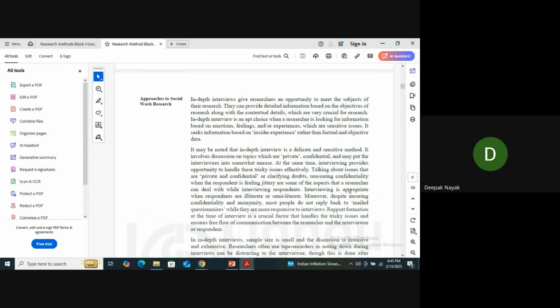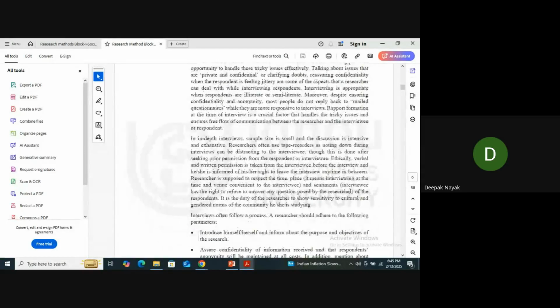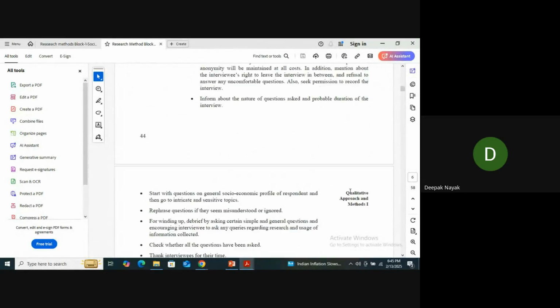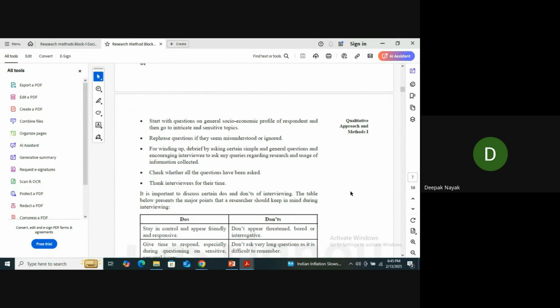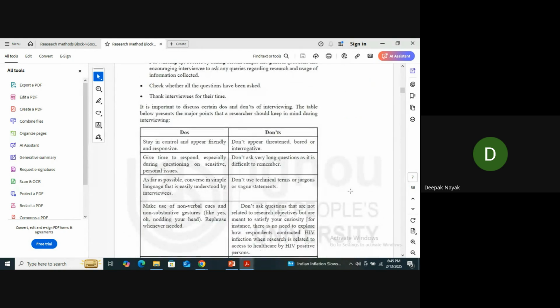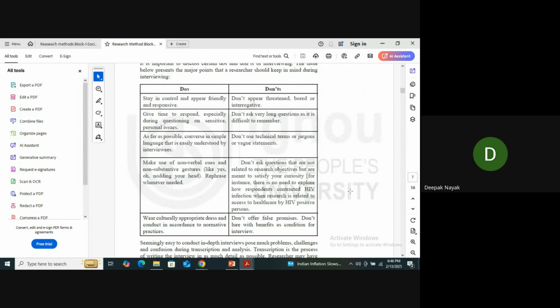Undertaken in qualitative study. I have more or less spoken about in-depth interviews. You will see the do's and don'ts in in-depth interviews. While conducting in-depth interviews, what you have to do is stay very controlled and appear